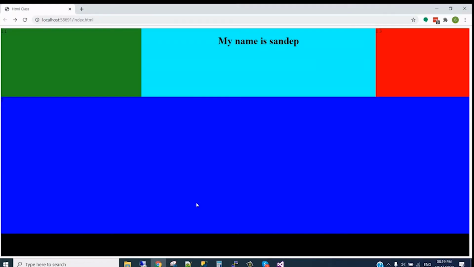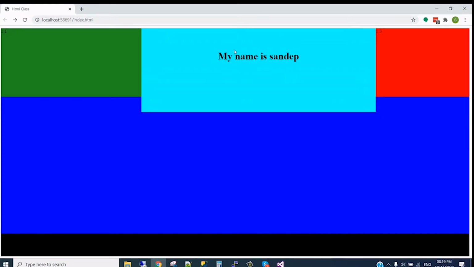Let me show you what happened here. So this became the top. But what happened from the padding is that this div got pushed below, because I gave the div a padding, so the div came outside the boundary.